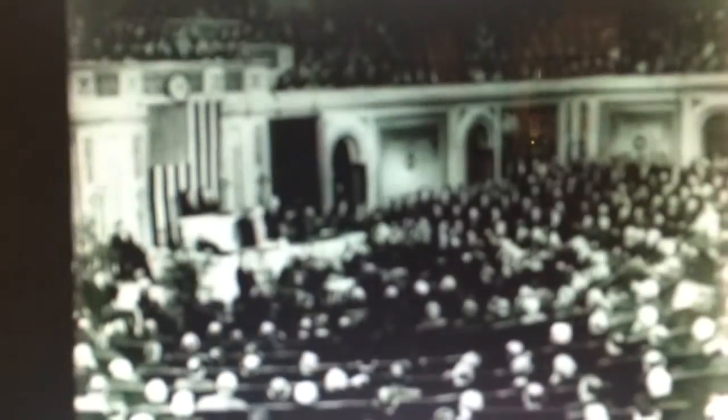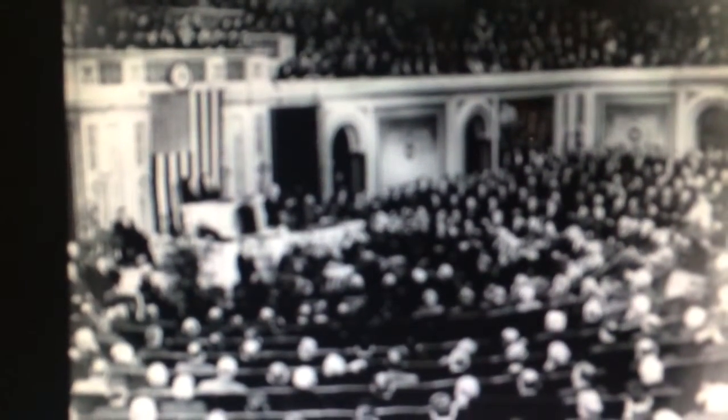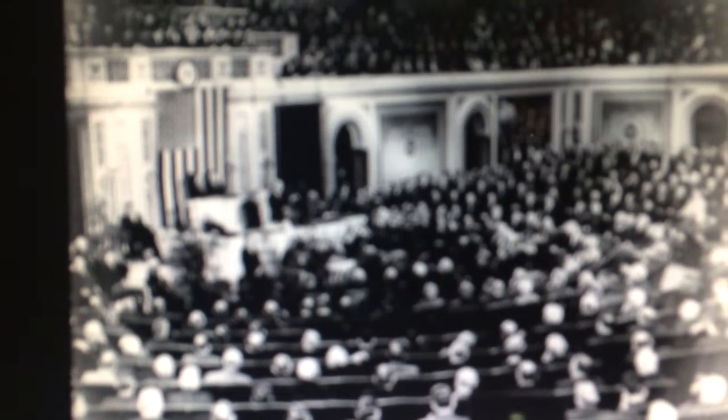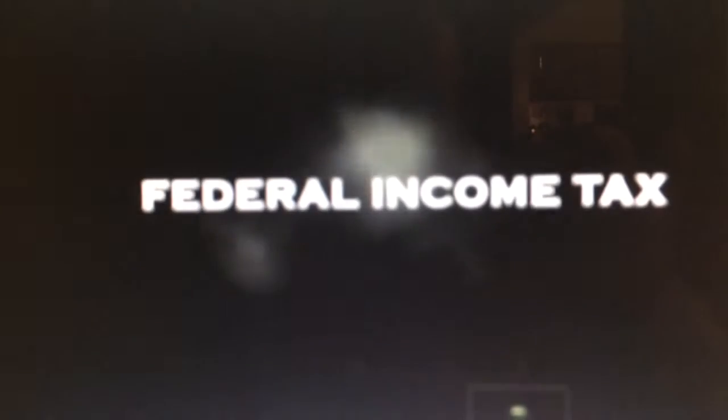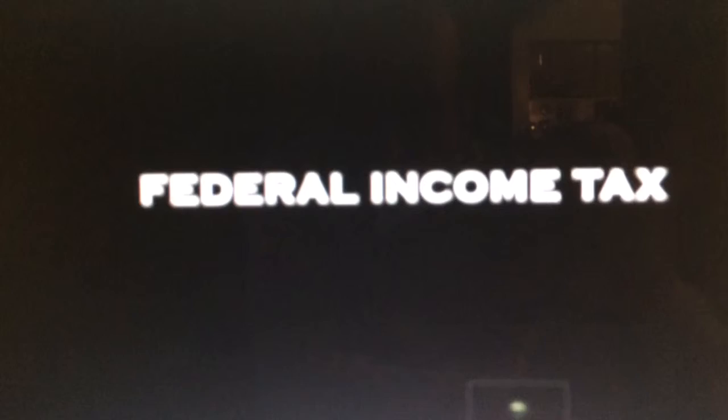Now, going back to 1913, the Federal Reserve Act was not the only bill pushed through Congress for the vested financial interests. They also pushed its partner, the federal income tax. First of all, the federal income tax is completely unconstitutional, as it is a direct, unapportioned tax, and the required number of states needed in order to ratify the amendment to allow the income tax was never legally met, and this has even been cited in modern court cases.